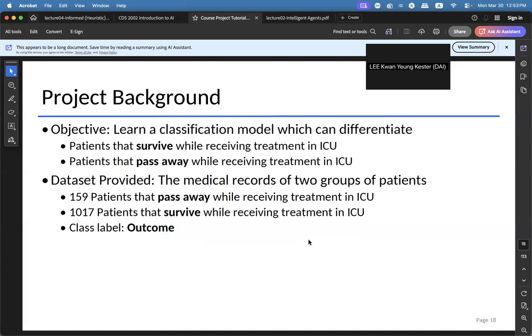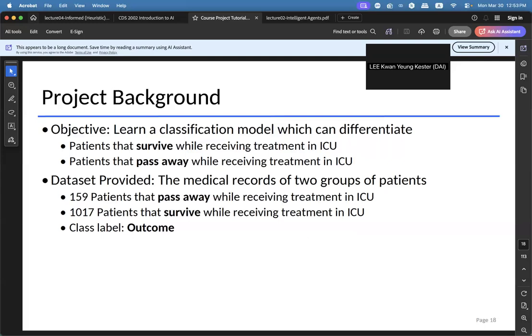Okay, and we'll talk about it later. And for these two groups of patients, we will need to have a label that tells us which patient belongs to the first group and which patient belongs to the second group. And we'll use the label attribute called the outcome to achieve the task.